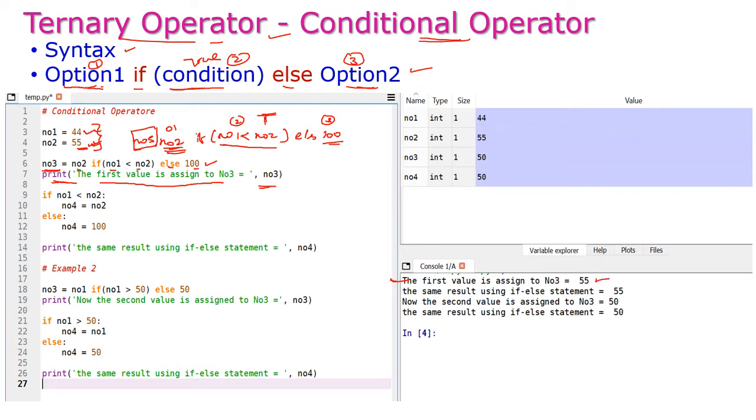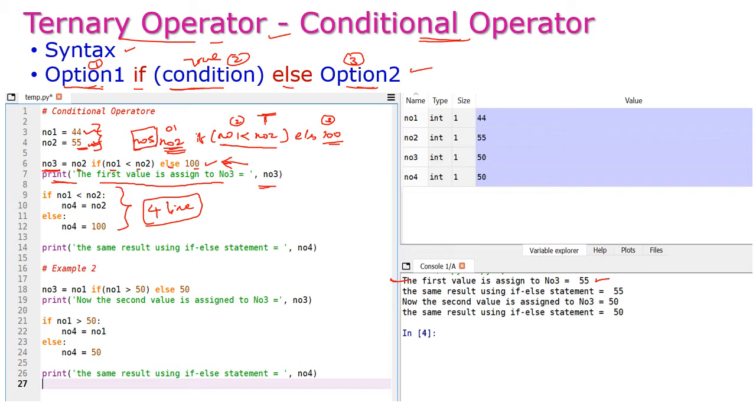First option. The same statement, if we use the normal if statement, we have to write 4 lines of statements. But instead of writing all these things, if we use the conditional operator, only one statement is sufficient.